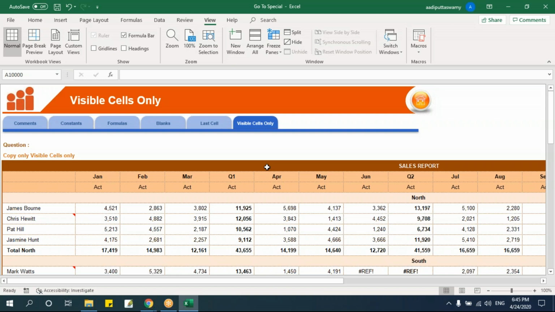When I'm using filters, there are some values which will get hidden. That means I'm trying to filter the data. You would have observed when I'm copying the data and pasting somewhere, even the cells which are hidden also will be copied and pasted. But that should not happen, because I'm filtering some data. I'm trying to copy only those cells which are filtered